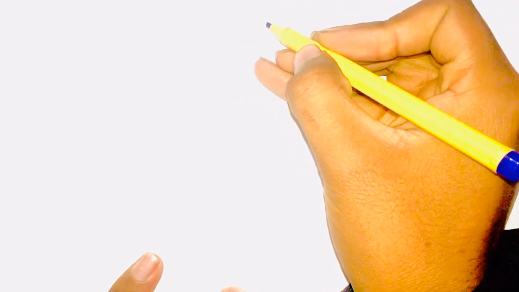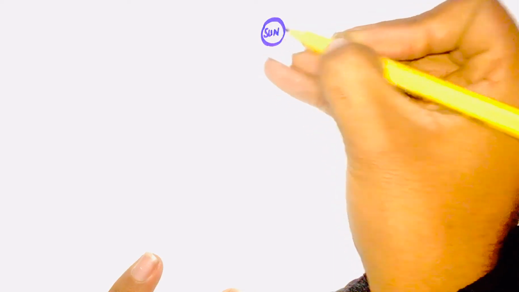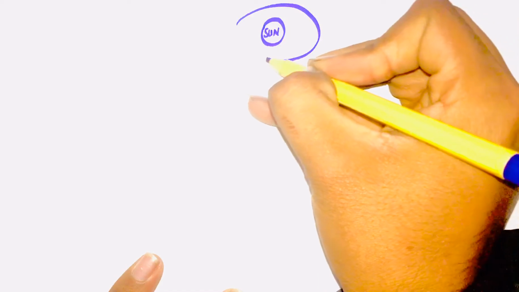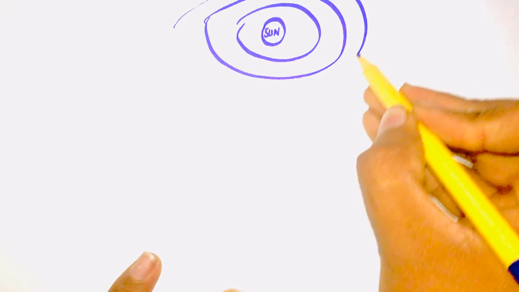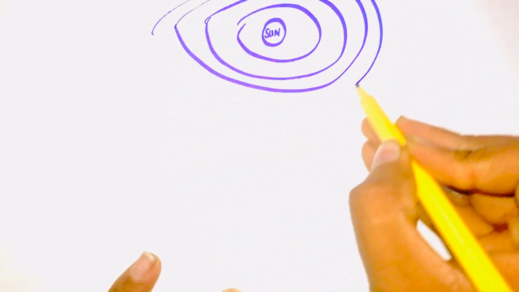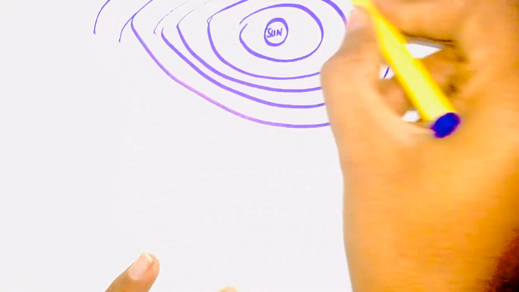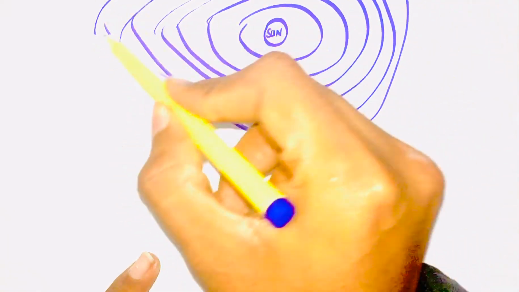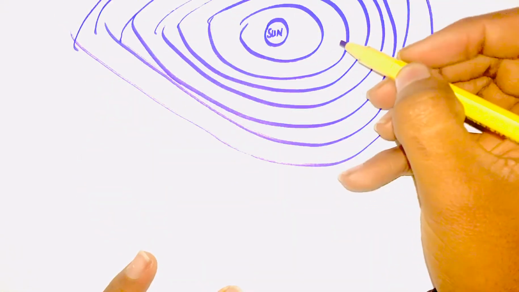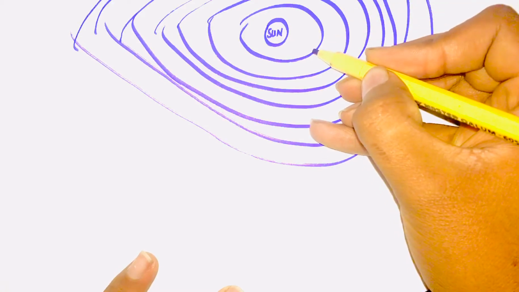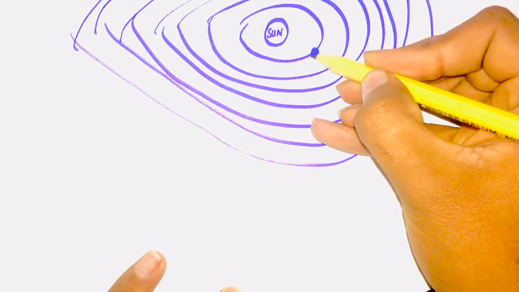I draw the solar system first. Here this is the Sun. There are certain planets around the Sun. If you say, first of all is Mercury,